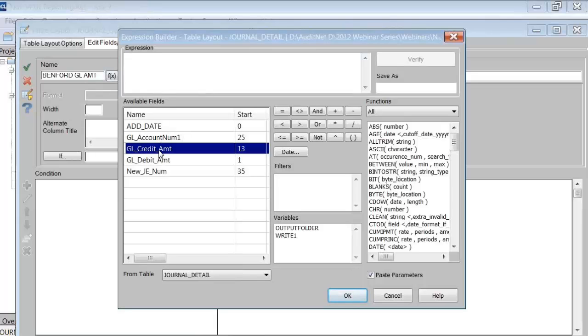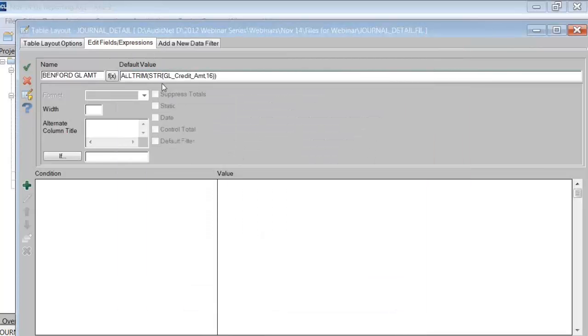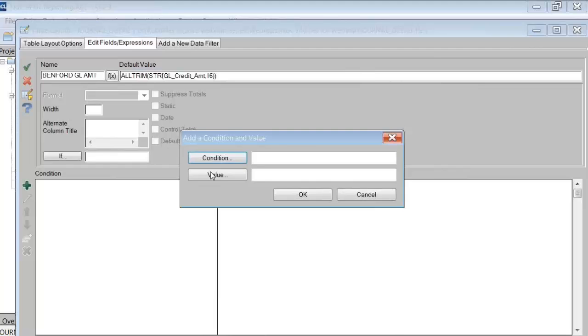So we're going to create a string of the GL credit amount, comma, in this case we'll make it 16 characters of a field, and I'm going to alt trim that, really just to basically bring that all the way over to the left. I'm going to copy that section, so we're just alt trimming the GL credit amount, but then